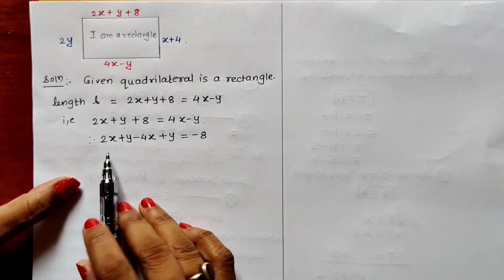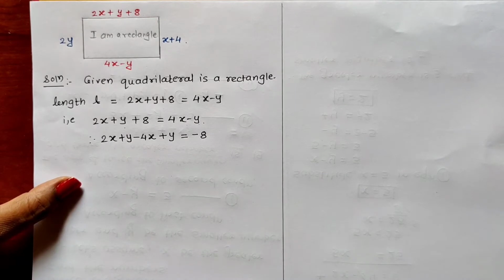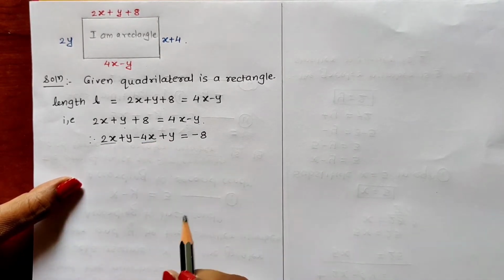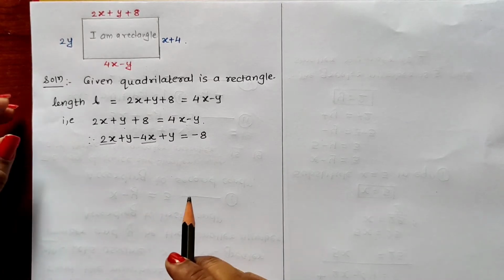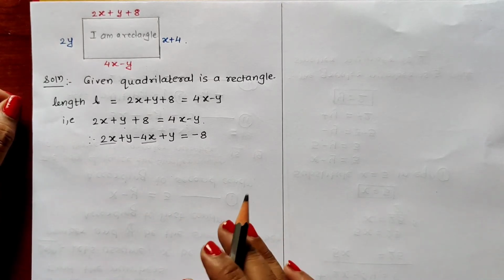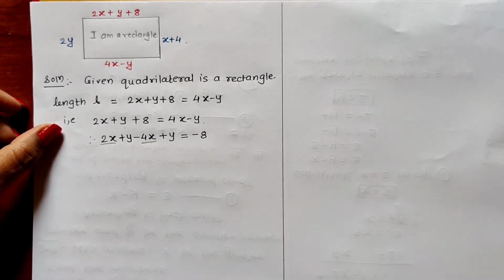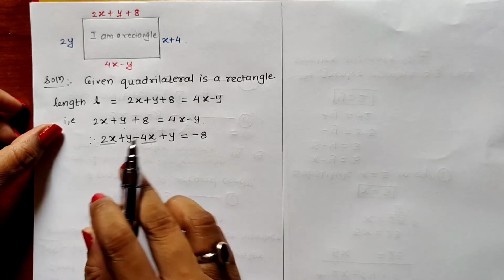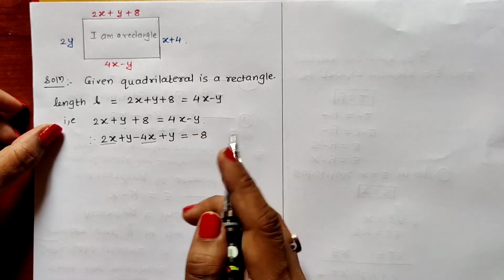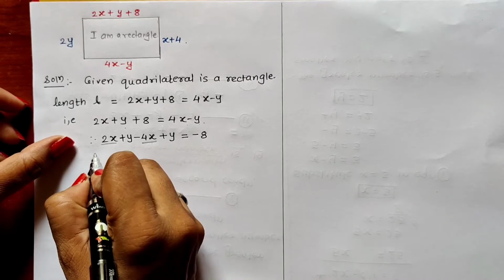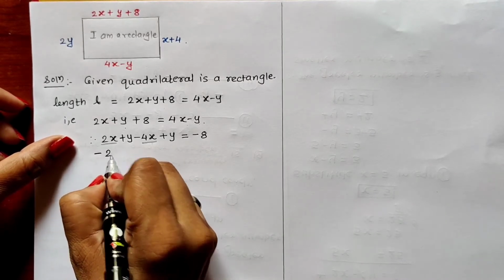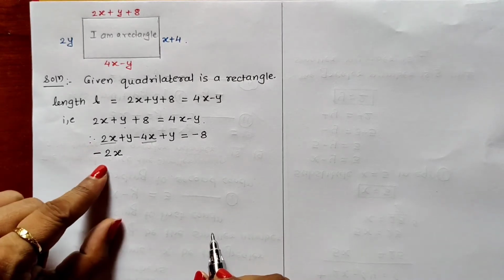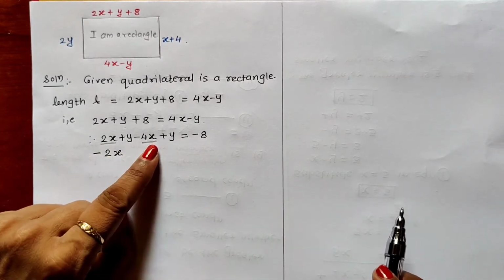Now on the left hand side we can see that there are like terms. Like terms means same terms, similar terms. 2x and minus 4x are the two like terms. When like terms are there, they can be added or subtracted. So 2x minus 4x, what will be the answer? Plus 2 minus 4: plus minus will become minus, and the sign of the bigger number. The bigger number has a minus sign. So 4 minus 2 means 2. And x is the common variable, so we write it as minus 2x. 2x minus 4x will be minus 2x.